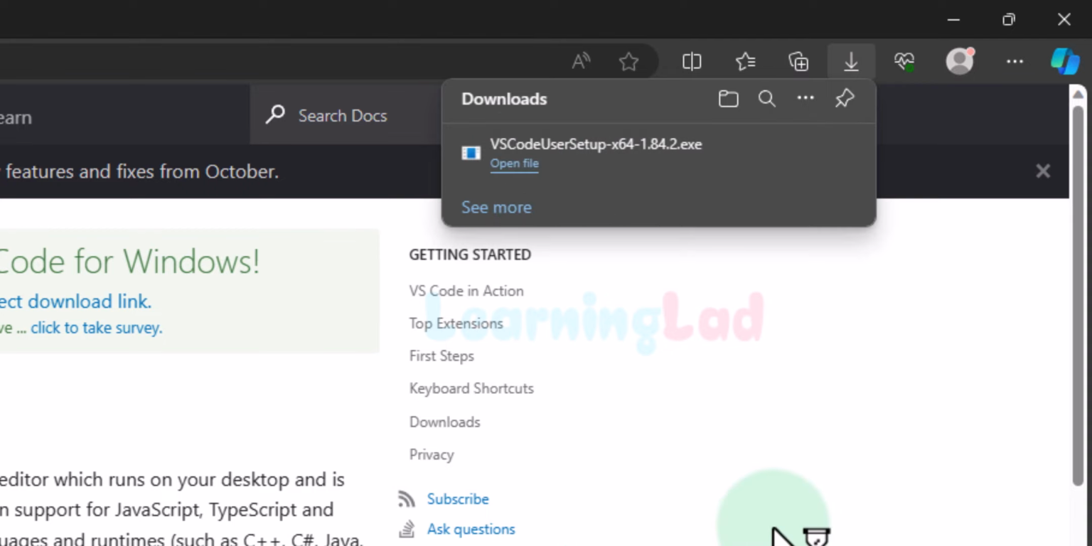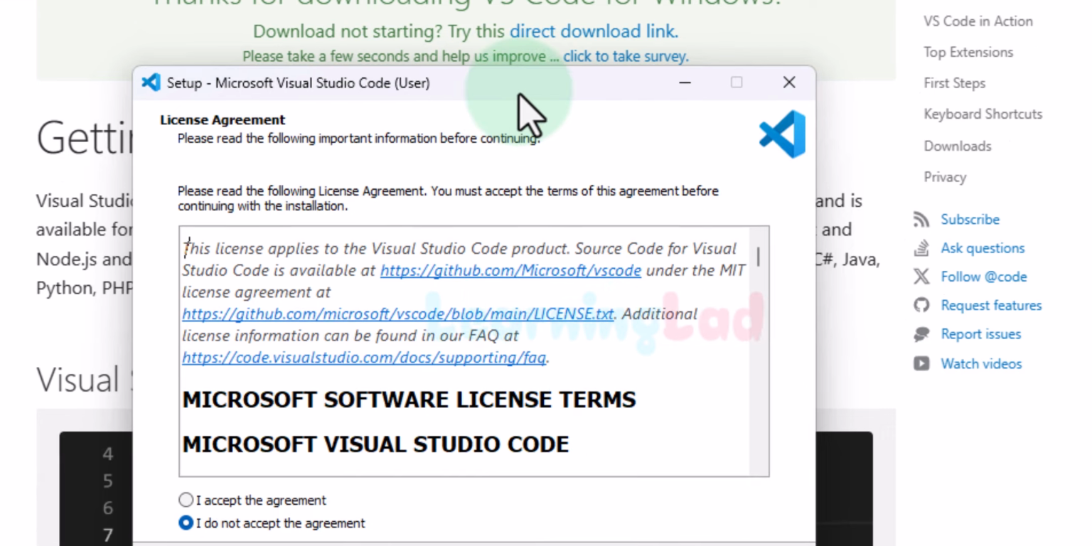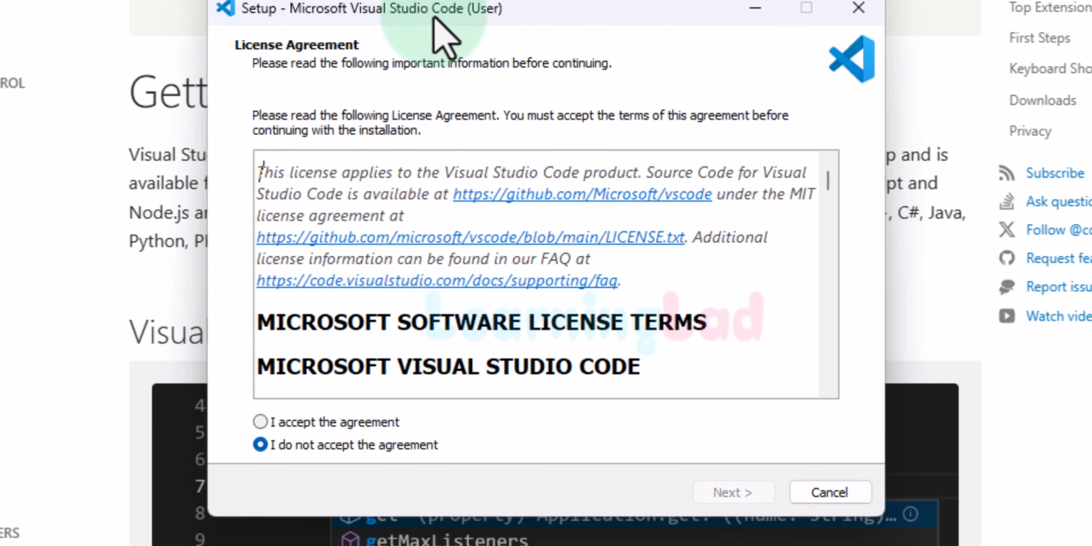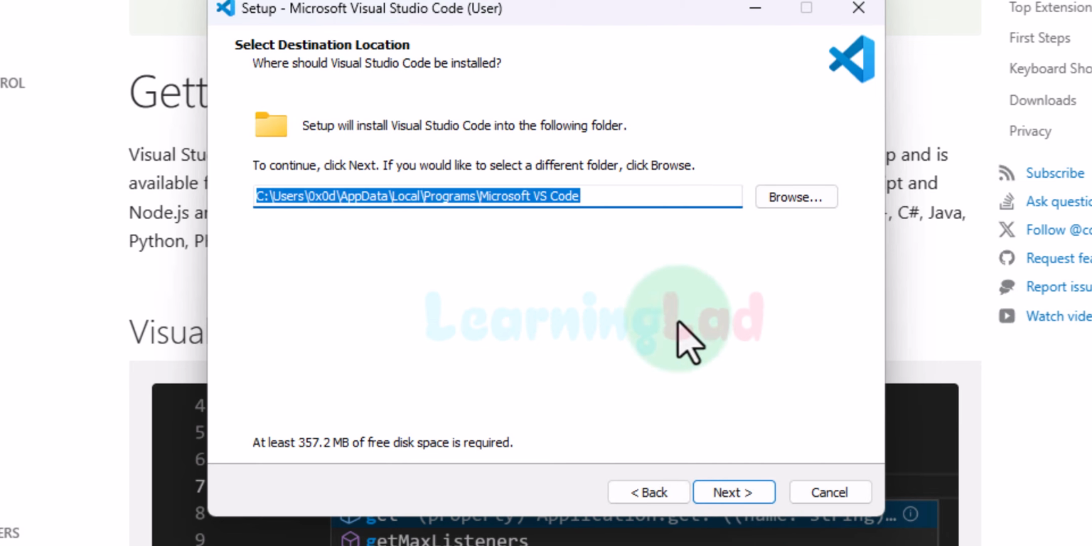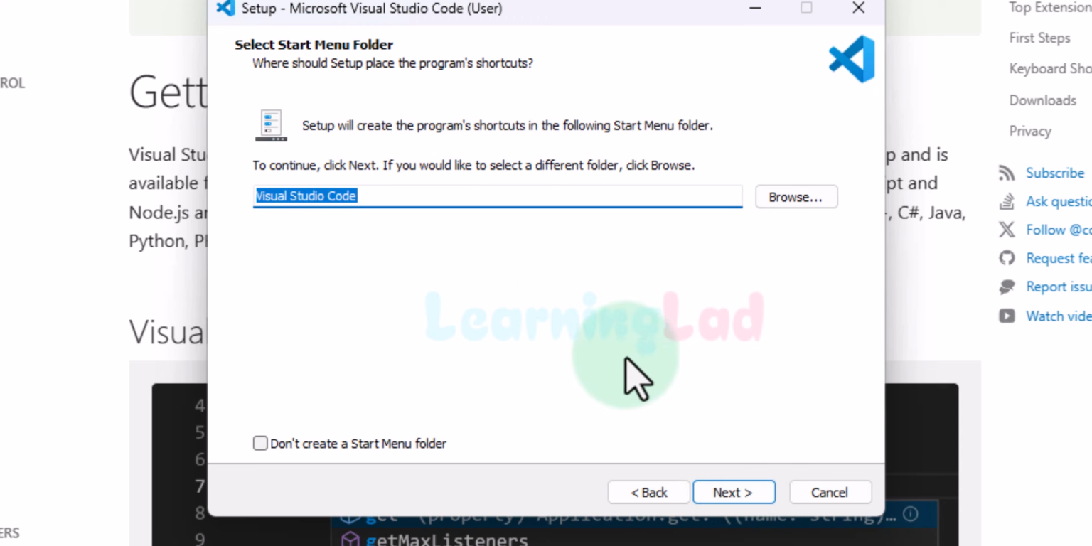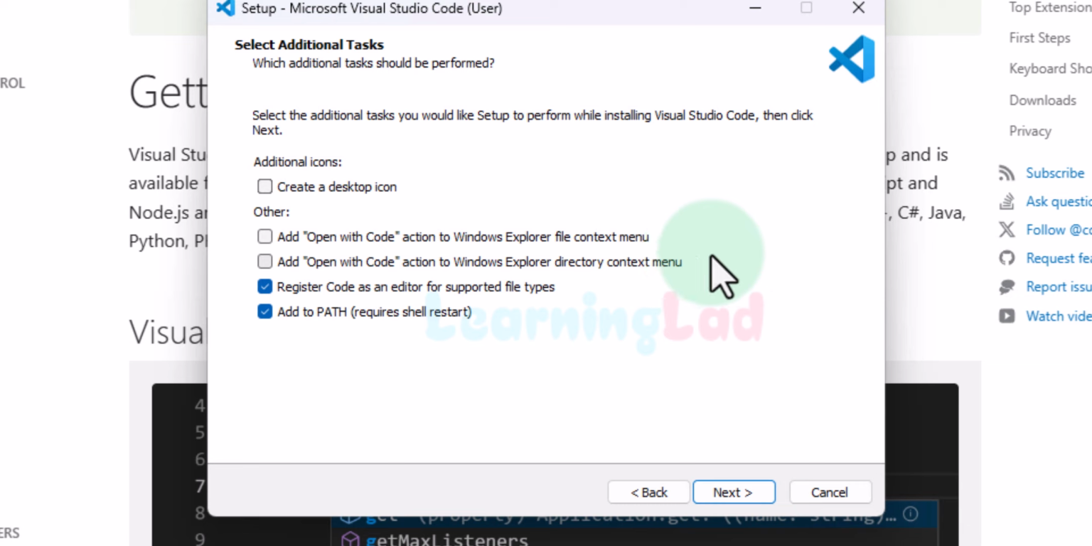It will open up the Visual Studio Code installer, and here we will accept the agreement, and then we will click on next, and we will not change anything in here. We will click on next, and again here we will click on next, and here we will check these two